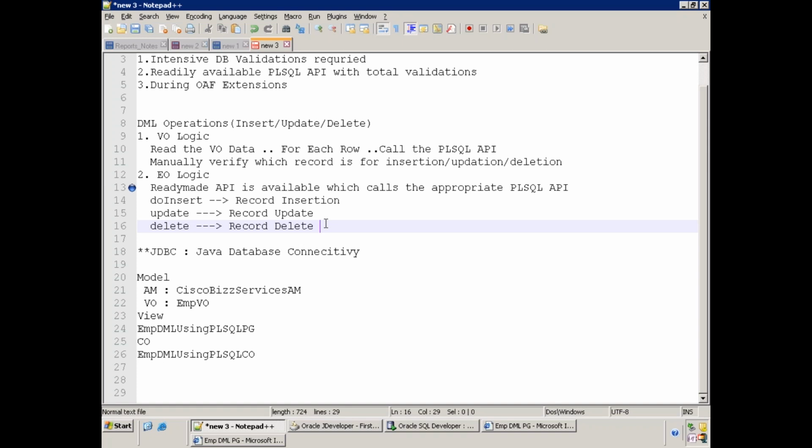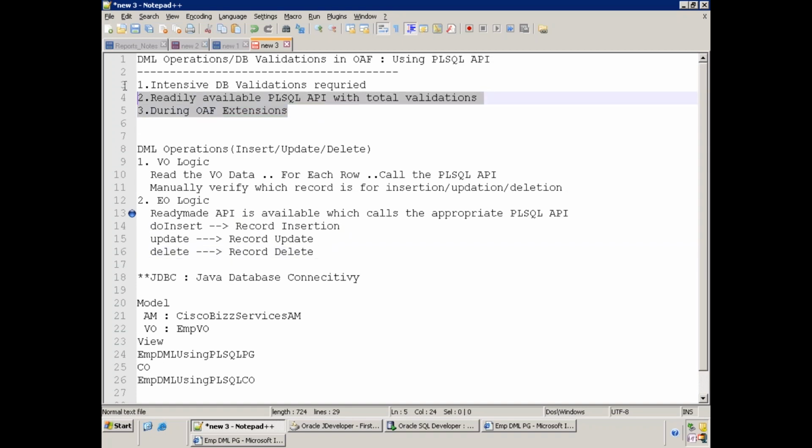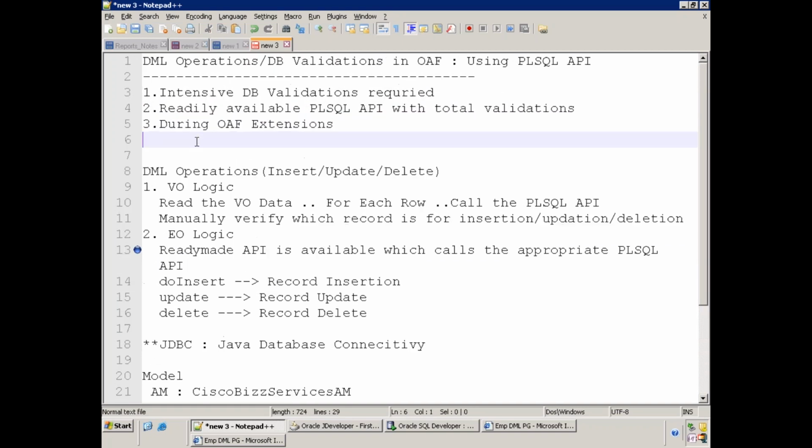But we have to use this type of logic, sir, PL/SQL statements? That is what I was telling, right? Initially, before telling this only, I told you what exactly when you require these APIs. When you have any intensive DB validations required, let us say for inserting a record you need to perform 15 validations, you have to call the PL/SQL API first, right? Because most of the validation will always go through the database only. Yes, sir. Of course, you can write your own SQL, VO stuff, but still,